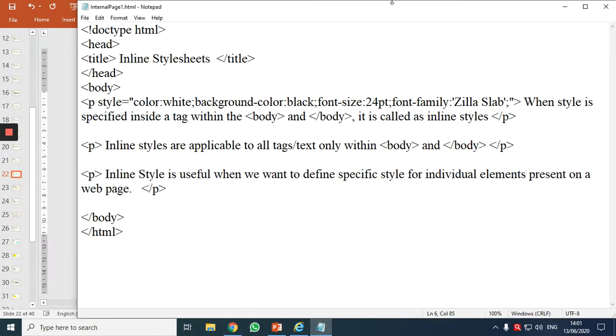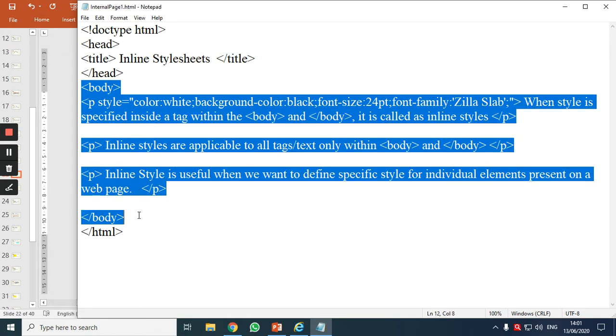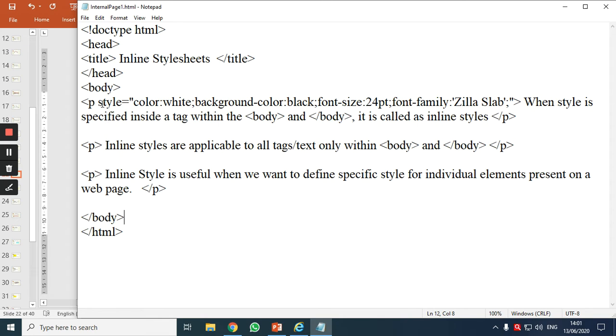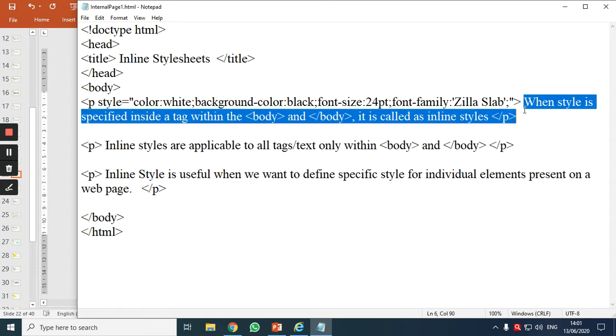Correct? Now, let us understand this. Okay. Now, style is a global attribute. We have used style as an attribute with the p tag to apply inline CSS. We are working with inline CSS, and style is an attribute in case of inline CSS, which can be placed within every tag which is written between the body and the body close. Okay. So we are applying style to a single line. This is a line or a single paragraph or a single piece of text.